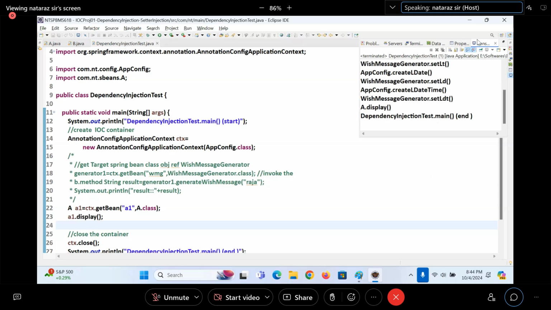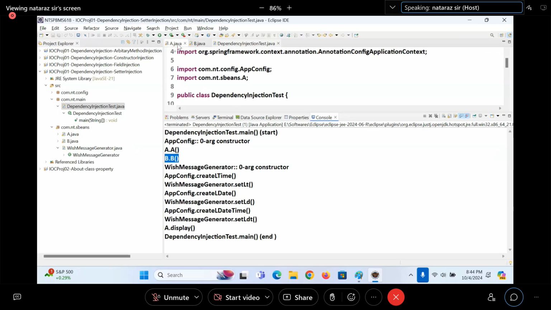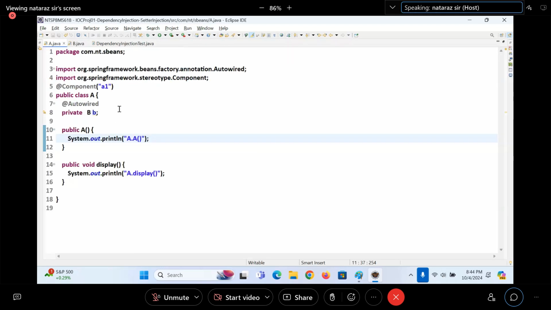Okay. See, A class constructor is executing, B class constructor is executing. That means objects are created now, because on both I kept a field injection, right? So come to this place. Comment this.